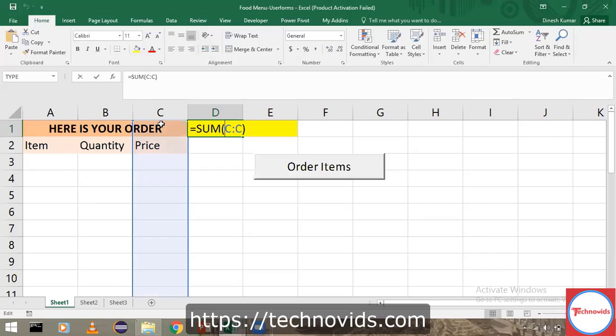Here is the total bill. It's just a sum of the C column. So like this, you can create dynamic templates by creating your user forms. So try practicing. I'll send you this sheet, whichever user form I just now created. I'll save it and send it to you such that you can practice that. This is a good one.